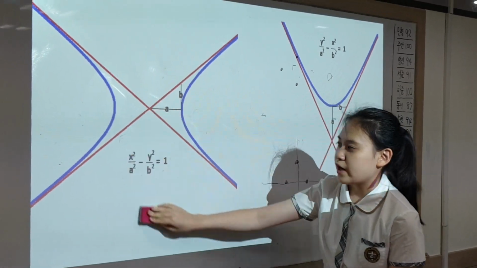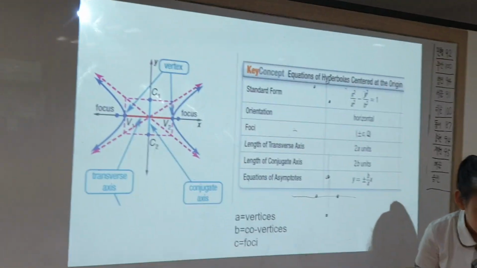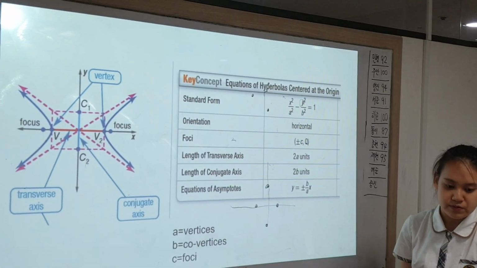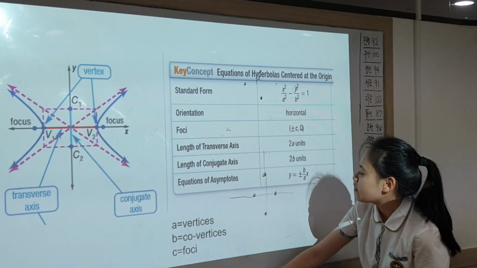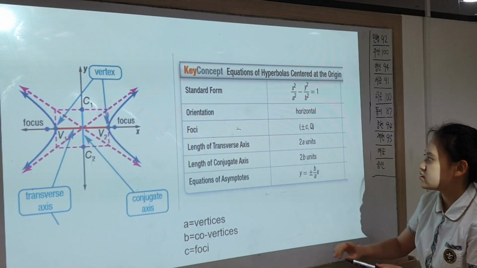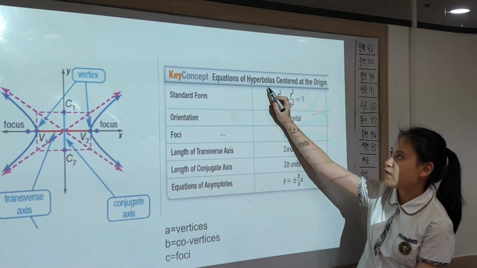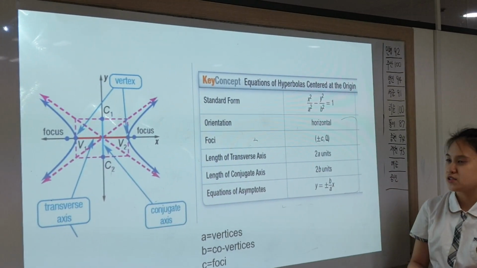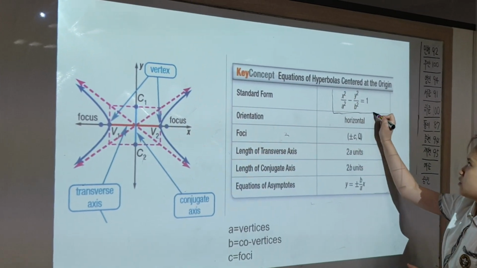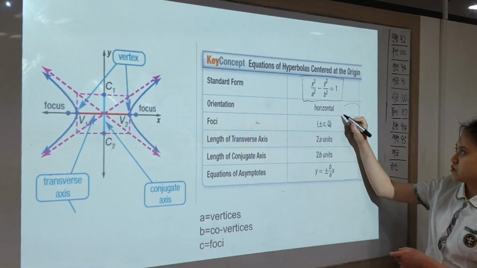And now going back to the formula of the hyperbola. First of all, the only thing you have to memorize is the standard form. And you can get all this information from the graph. So the standard form of the graph of the hyperbola is x squared over a squared minus y squared over b squared equals 1. So you have to memorize this, so maybe it will be good for you to write it down in your notebook. And I will explain all those things, how it satisfies